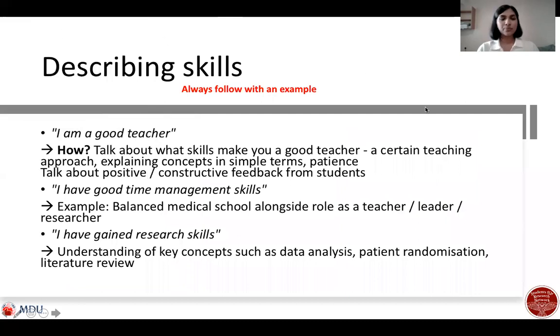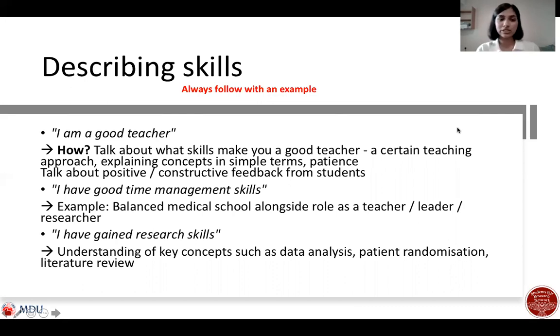So the most important thing to do is make sure when you state that, okay, I'm a good teacher, you also back it up with your past experience. You can't blatantly just state something, because they don't know you, and the answers are a way that they get to know you. So you need to talk about your experiences, what you're good at. So in a way, you're boasting about yourself, and that's okay. This is exactly what the questions are asking you.